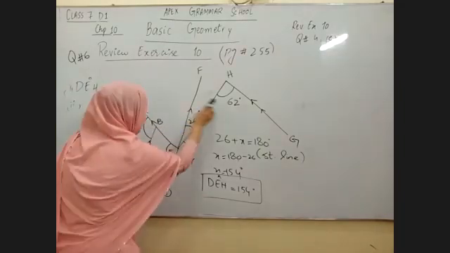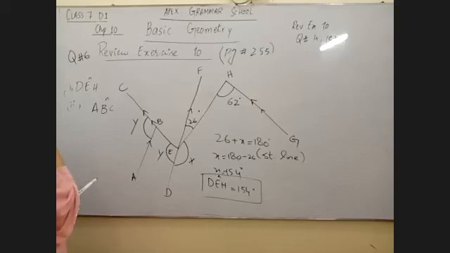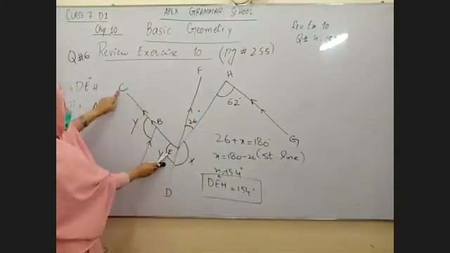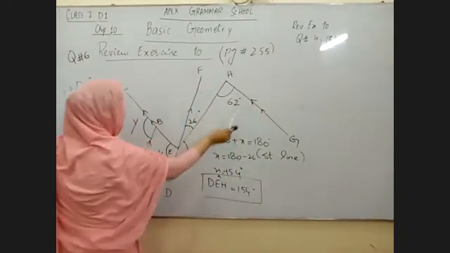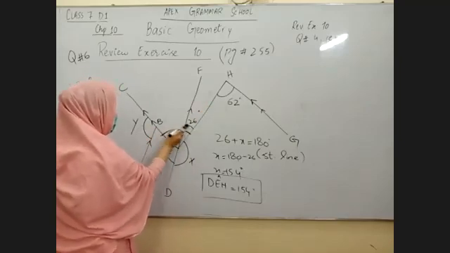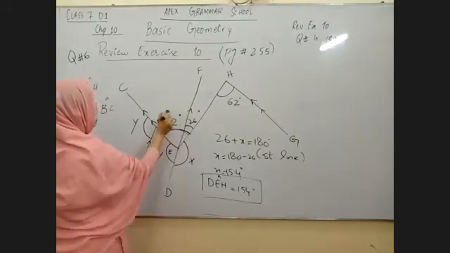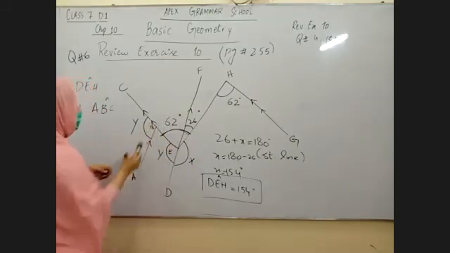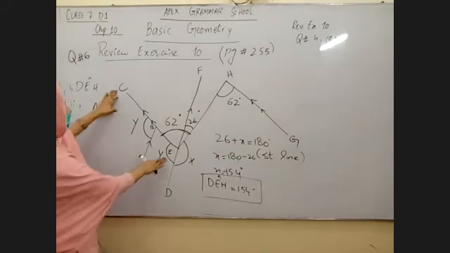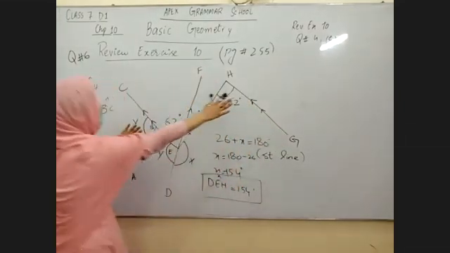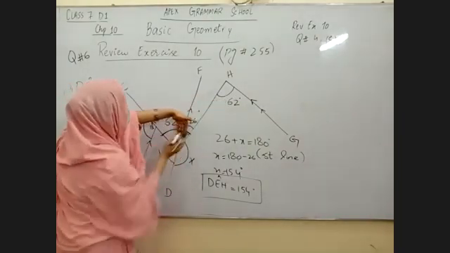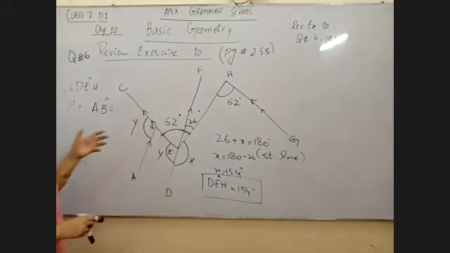Okay, I'm going to use the 62 now. For this, you need to see that CE is parallel to GH. If this angle is 62, then this complete angle will also be 62 degrees because it will be vertically opposite. What is the reason for vertically opposite? Because CE and GH are parallel lines. If you ignore this other line, you can see that these two angles are vertically opposite, hence they will be the same.